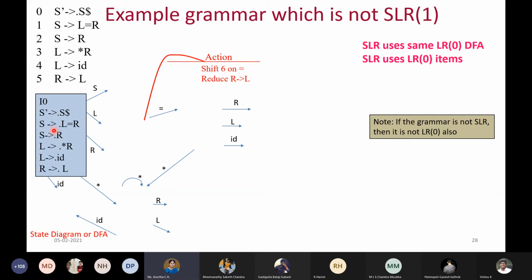So the next state is what we are going to, okay, according to this, we are supposed to read S from the first rule in this state. So when you read S, it goes to I1, and there is no other rule containing S to be read. Therefore, only this is there, and that's it. Okay. And next I am supposed to read L. So L is there in two places. So read both. And S gives L dot equals R, according to this, it gives L dot equals R. And the last one is R gives L dot, you're going to get after reading L.